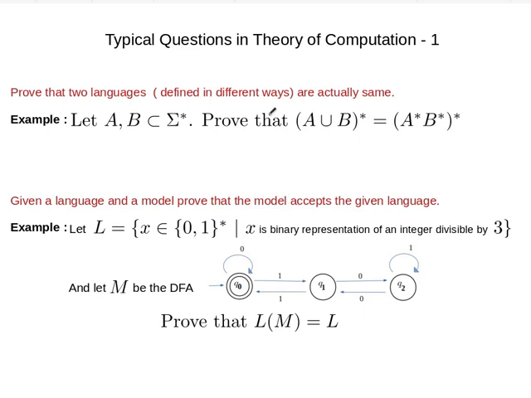So you may try to prove this sort of equality. Two languages are written in different ways, and then you try to show that they are equal or not equal. Here I'm not talking about any automata or any grammar or anything. If you know the definition of language, if you know concatenation, all those operations on strings, then depending on those definitions you try to show that one language is equal or not equal to another, or one language is a subset of another, something like that.